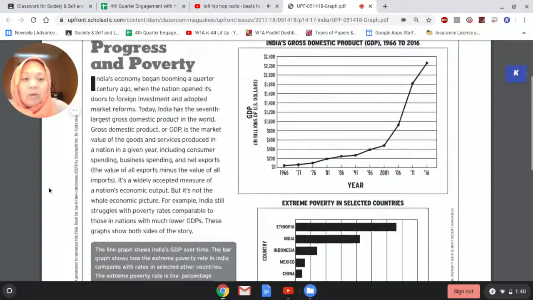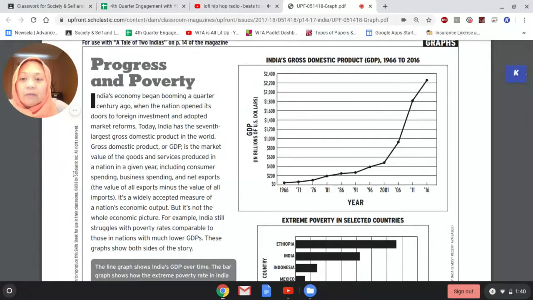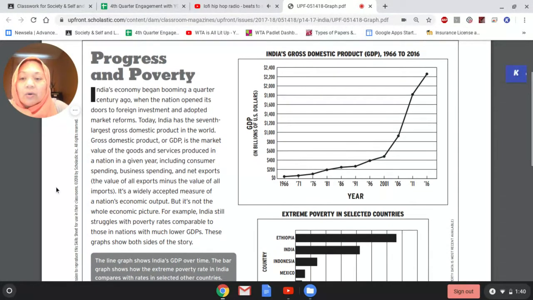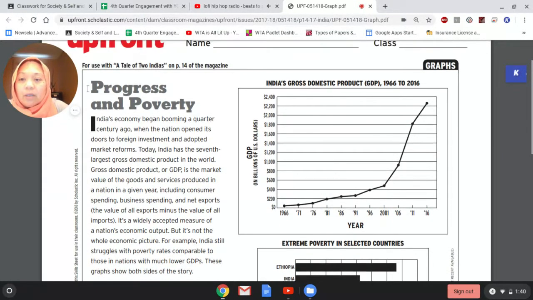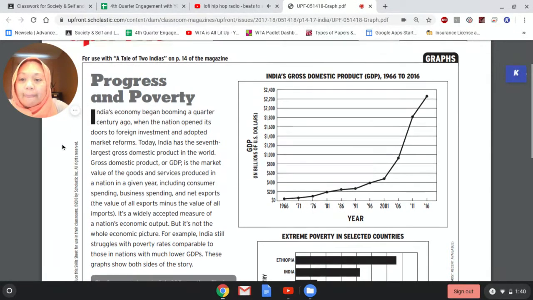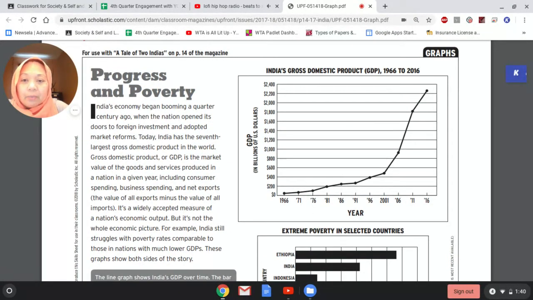But I wanted to go over the reading first and then look at the graph. And then you guys get to answer the question. All right. So, please read along with me. I'm going to start on this paragraph right here where it says progress and poverty. India's economy began booming a quarter century ago. So that's 25 years ago. India's economy began booming a quarter century ago when the nation opened its doors to foreign investment and adopted market